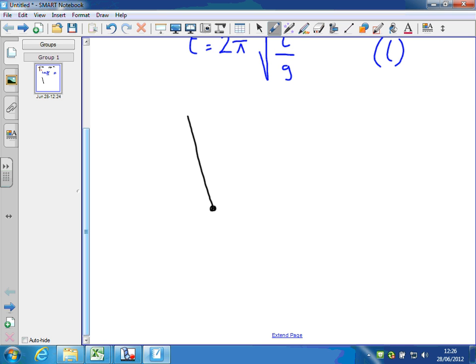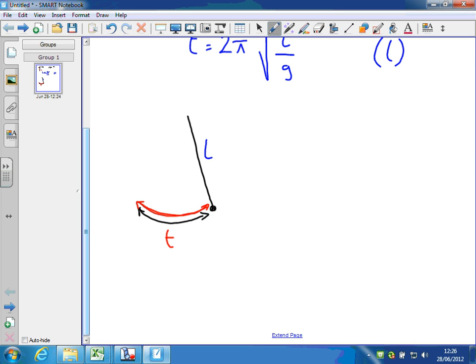and allow it to swing backwards and forwards, then the period of the pendulum, which is the time for one oscillation, so from start position to full extension one way and then back again, so that is the period of the pendulum for one complete oscillation. Then that depends on the length of the pendulum, which is this symbol here, L, and